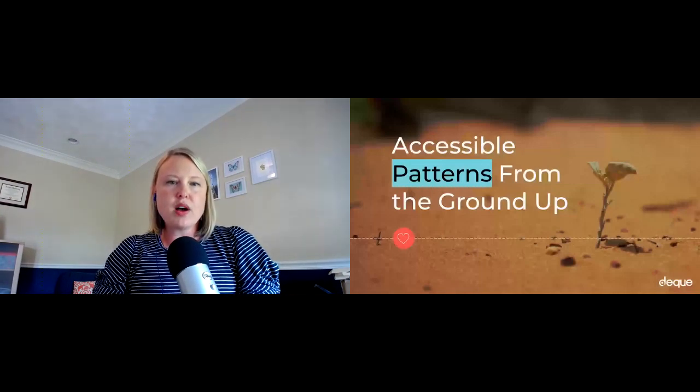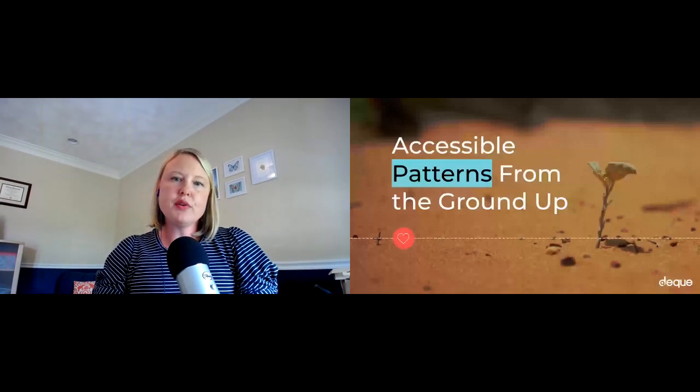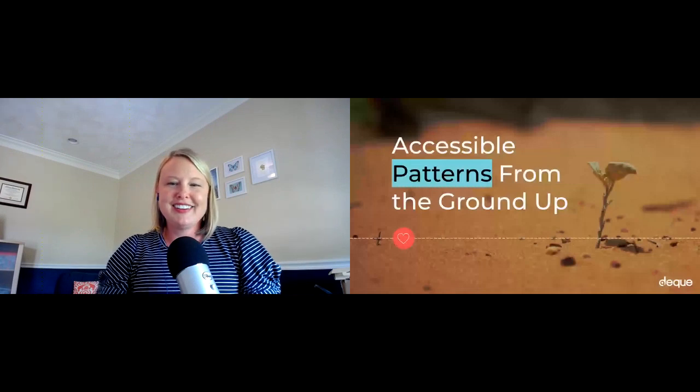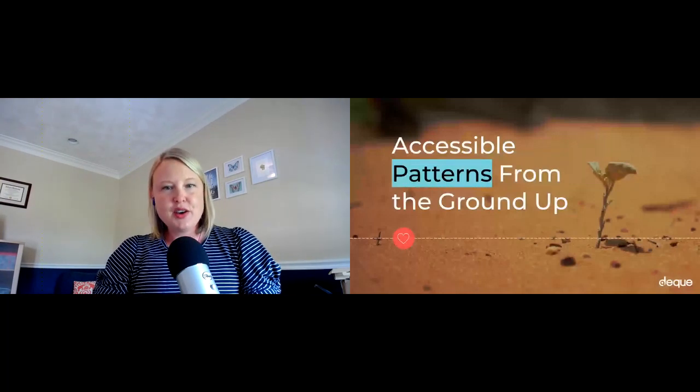So in this talk, I'll walk through the process of creating an accessible pattern from design to development while focusing on accessibility best practices and tools at each step. And I'll start with a wireframe, process that into design, translate the design into code, and finally we'll